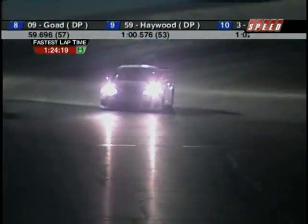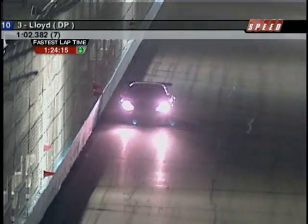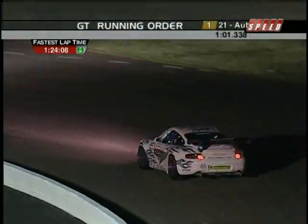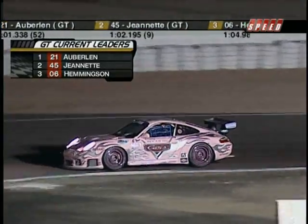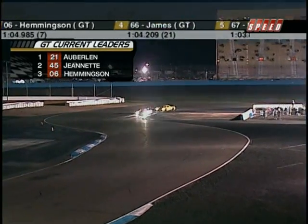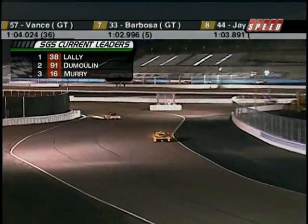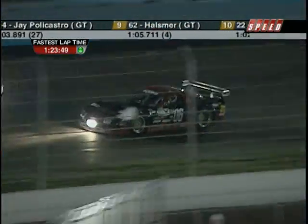We see one of our SGS cars sweeping through. That was the Arsco Porsche. I want to update you that Andy Lally leads the way in SGS from Jean-Francois Dumoulin and Craig Stander. They're the top three in SGS. We've also had some changes up the front of the field as well because Angelelli and Wagner have forced their way by Ozzie Negri. So Angelelli now sits third, Paul Wagner fourth, and fifth is Negri. There's Larry Huang in the Silverstone car,